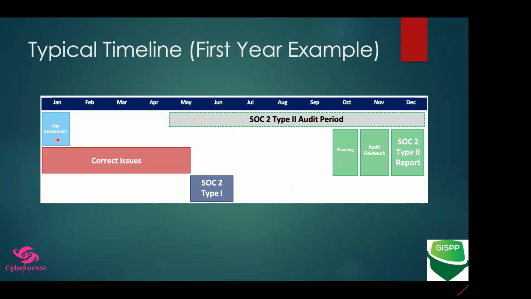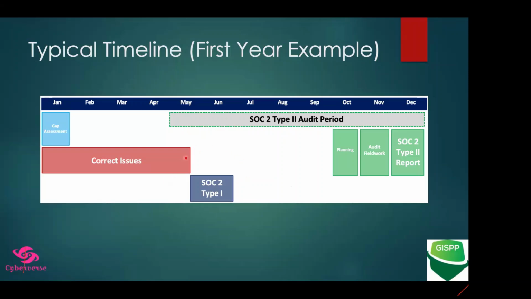Once we have the gaps and issues, we are going to fix them. Let's say it takes another 3 to 4 months to fix your gaps and meet the requirements of the framework. Then once this is done, you can see we have something called SOC2 type 1.